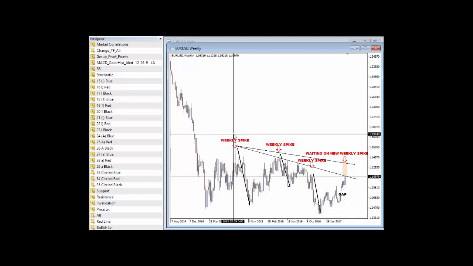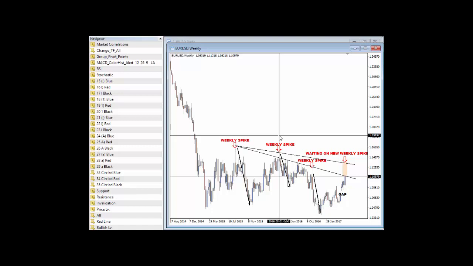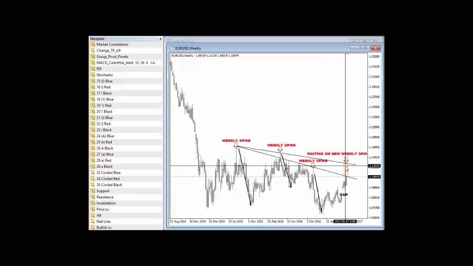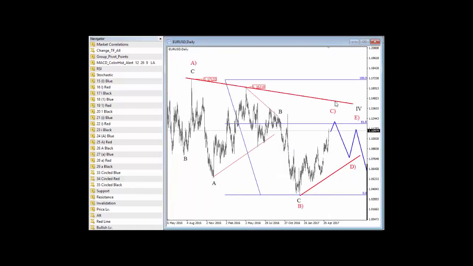There was a nice spike in August of 2015, then we saw a decline, and then in May of 2016, and then again in November 2016. So I definitely expect something similar to happen in 2017. Also, as I said, we are at this trend line, so in this 200 pip zone we may expect some kind of spike. If we see a spike, this would be an even better indication that wave C has finished and that we will see wave D drop, then wave E pullback, and then a move to the downside.